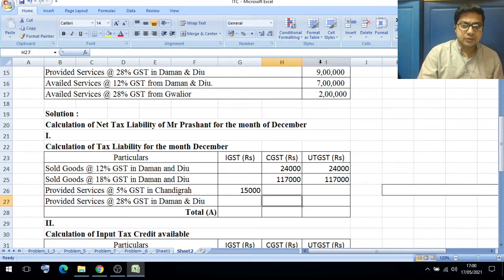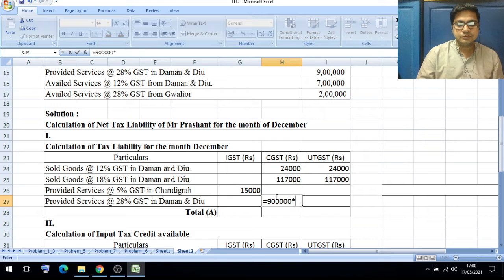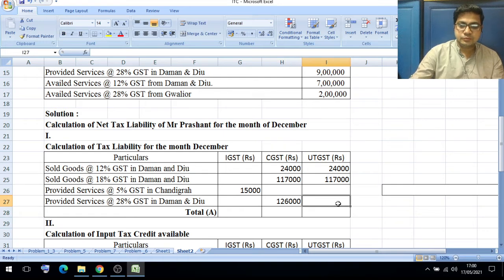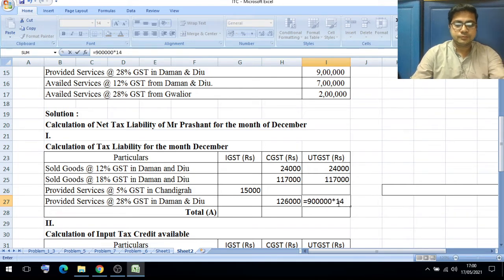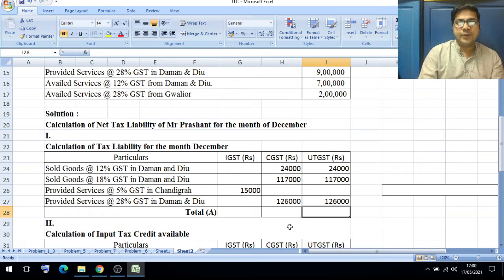So here 9 lakh is the value, 9 lakh into, now 28% is the rate, 14% belonging to CGST, and the rest 14% belonging to UTGST. So 1,26,000. Now after that, next transaction, availed services,